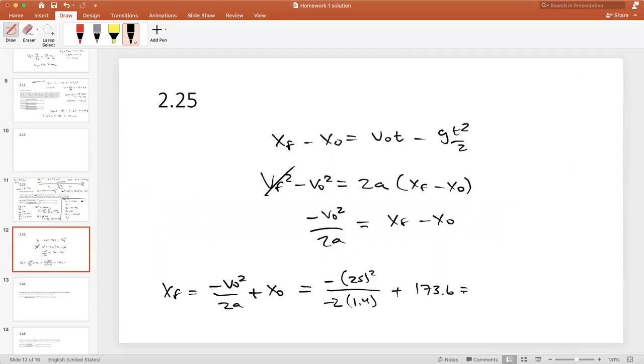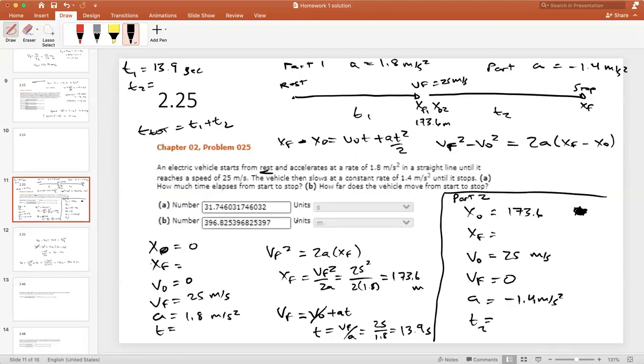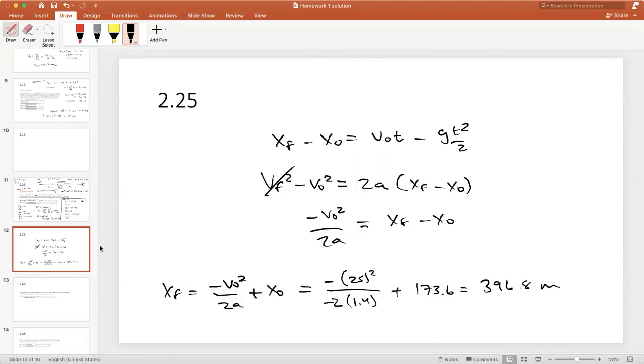And what I get is 25 squared, 25 times 25 divided by 2.8, and that's 223, plus 176, 173.6, is 396.8. Let's hope this is correct. 396.8. Now I can find the time here, and how I find the time is I know V final is